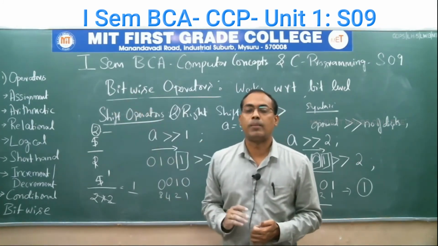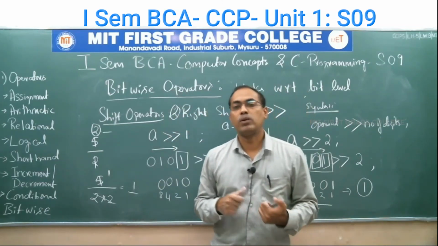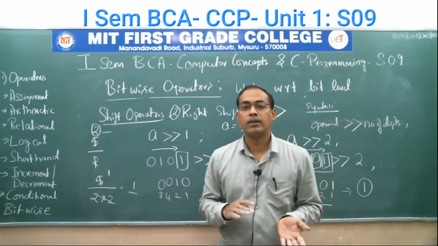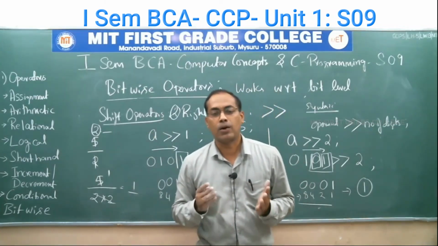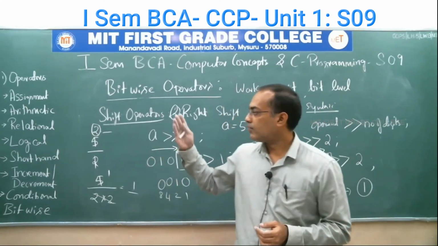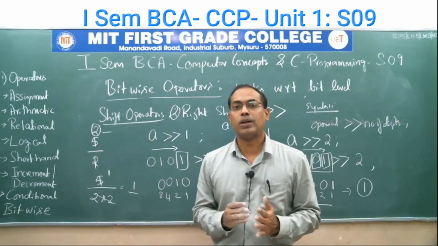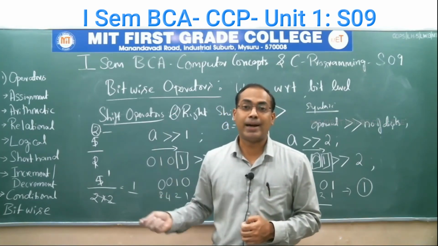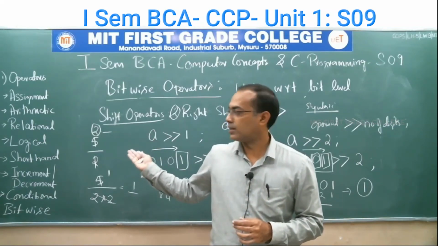Next we saw the relational operators. Relational operators are used to compare operands. When we compare operands, the result will be in Boolean form, either true or false. In this case we have less than, greater than, less than or equal to, greater than or equal to, not equal to, or equal to. These are the different symbols. After relational operators, we learnt about the logical operators. Logical operators are used to perform logical operations such as logical and, logical or, logical not. We also discussed the truth table.